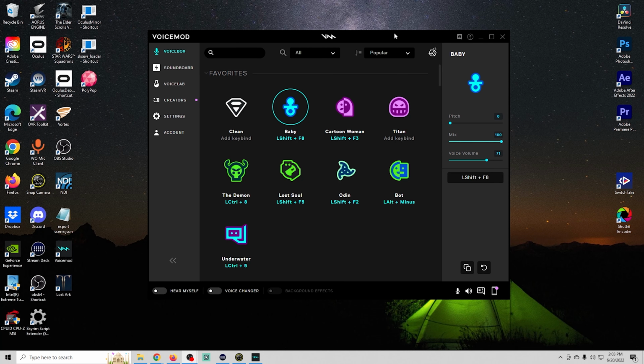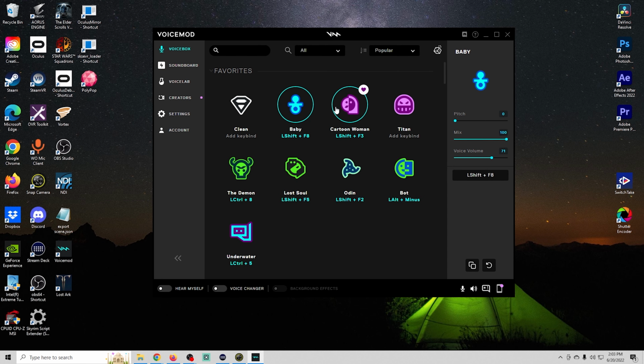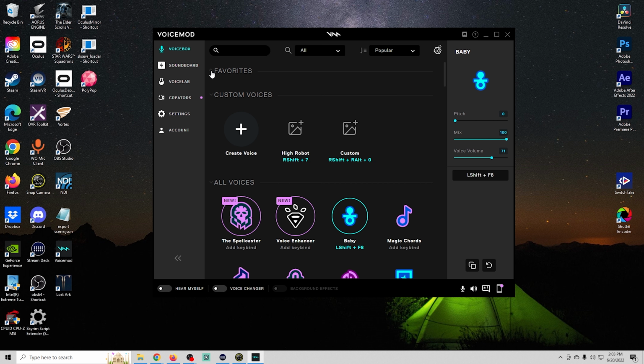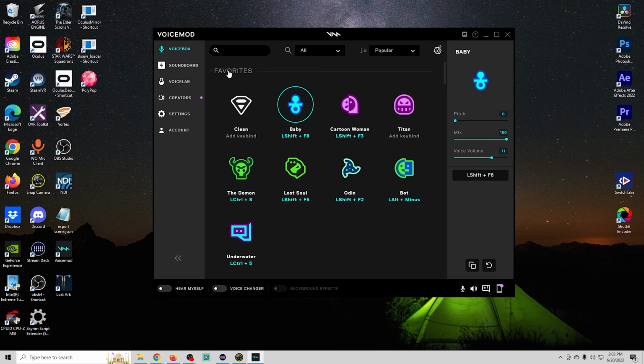Now that it's installed, let me show you how it works. Once you install voicemod, this is what it's going to look like, mostly. Now, if you have the purchased version, the first thing at the top is going to be favorites, and they auto-populate this with some stuff that they think you're going to like. But for the free version, above this favorites line, there's going to be some free voices. And those voices are on timers, which means that you can use those voices until the timer runs out and